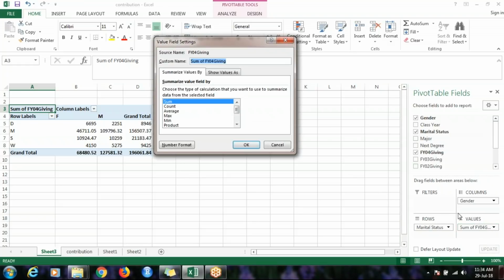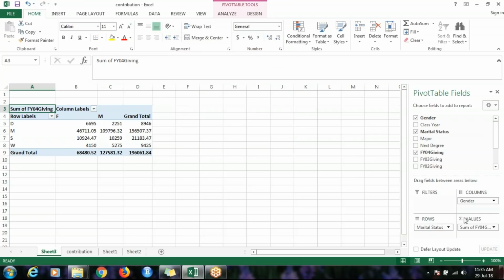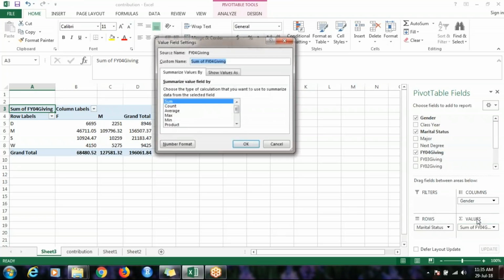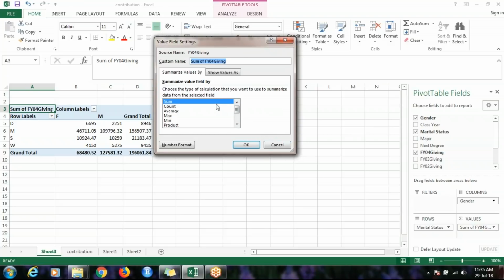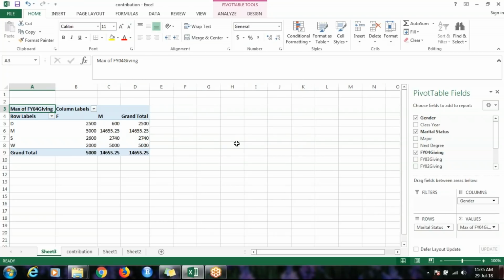Here there is an option. Left click on this and select the value that I need, value field settings, and here I have sum, count, average, maximum, minimum, and so on. Let's say I go with maximum. For a particular category, for female, and if it is divorced, then the maximum contribution in that year is